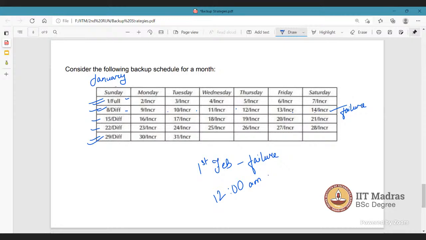But we have also taken one differential backup on Sunday, so that will cover the backups from all the 6 days. So one full backup, then a differential backup, then after that 5 incremental backups we have to do. The differential backup will already back up the part that was done by the incremental backup, right?